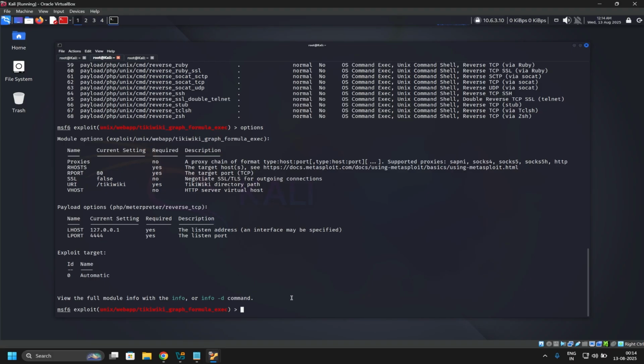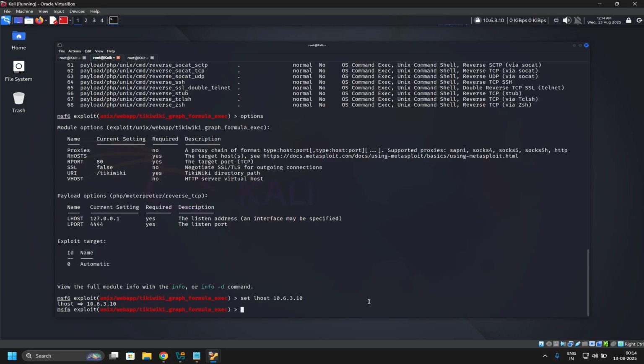Okay, so we'll change the LHOST. We will change it like set LHOST. What was the IP of my machine, 10.6.3.10? See, this is very useful, guys. I have created the script myself. I have tweaked some scripts that the generic monitor already has, and connected with the generic monitor so that it always shows the latest IP that I have. So boom,